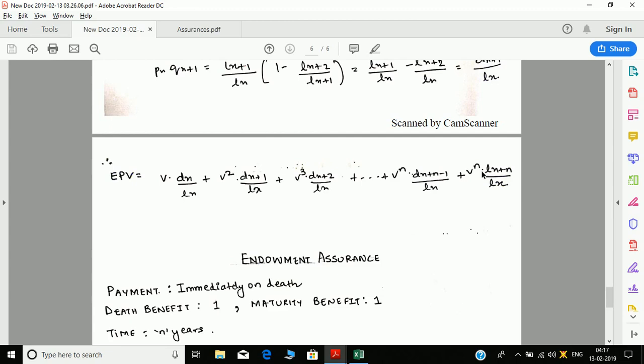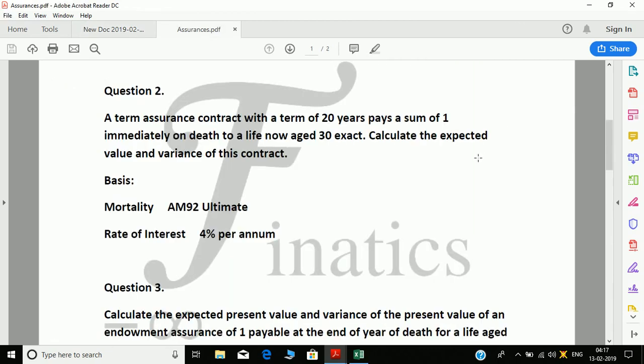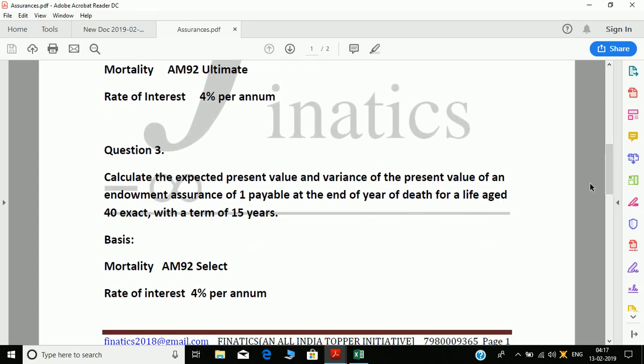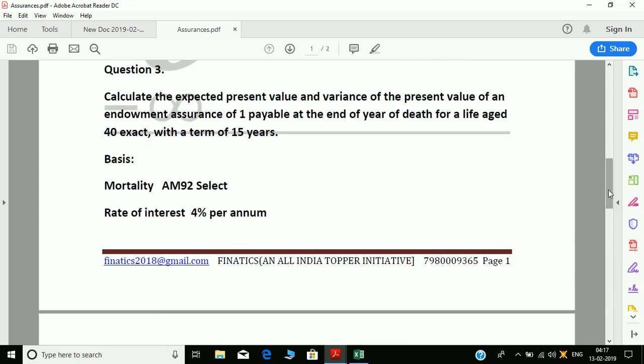So let's see the question which we have. Calculate the expected present value and the variance of the present value of an endowment assurance of 1 payable at the end of year of death for a life aged 40 exact with a term of 15 years. Again we'll do just the EPV.